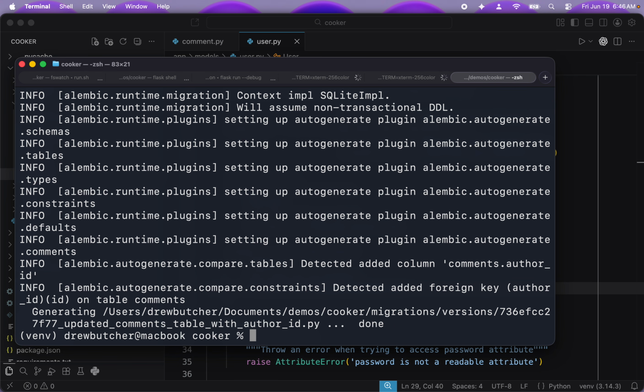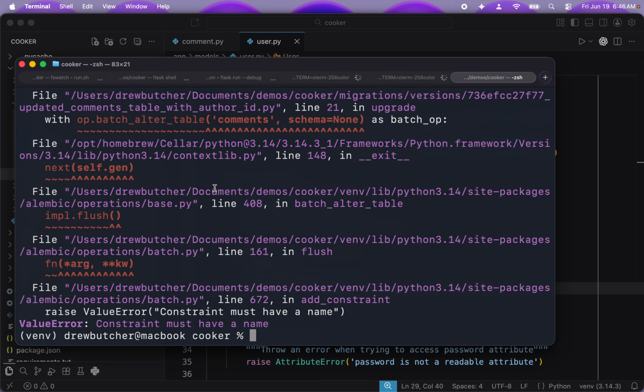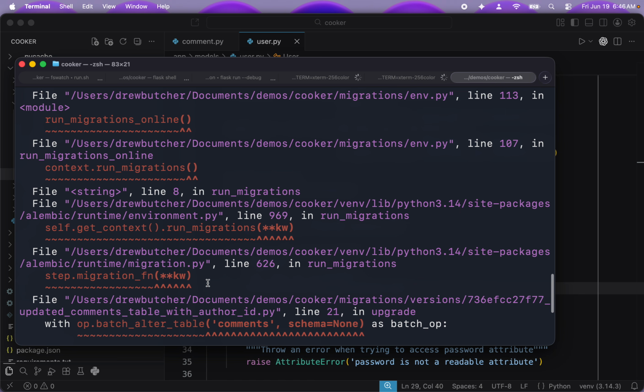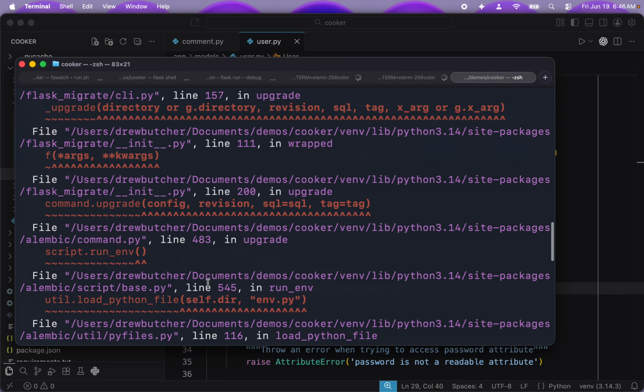Okay, good, no errors. So DB, Flask DB upgrade. So when I do that, I got an error because